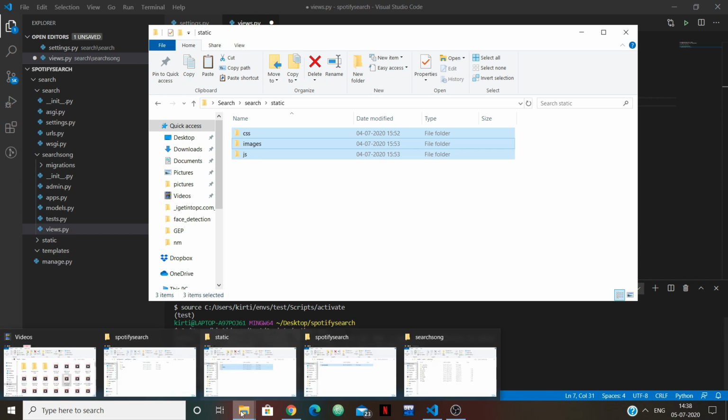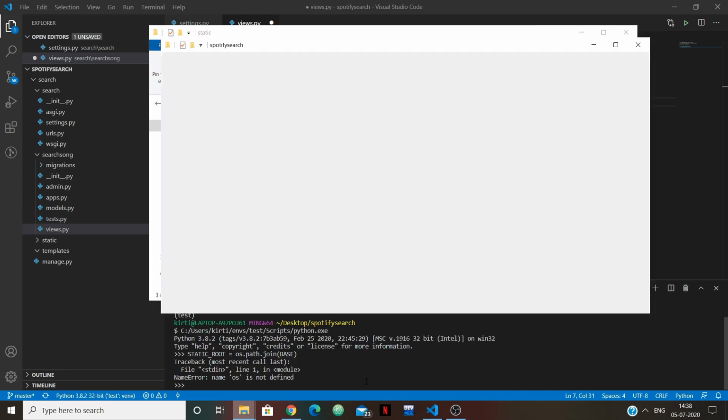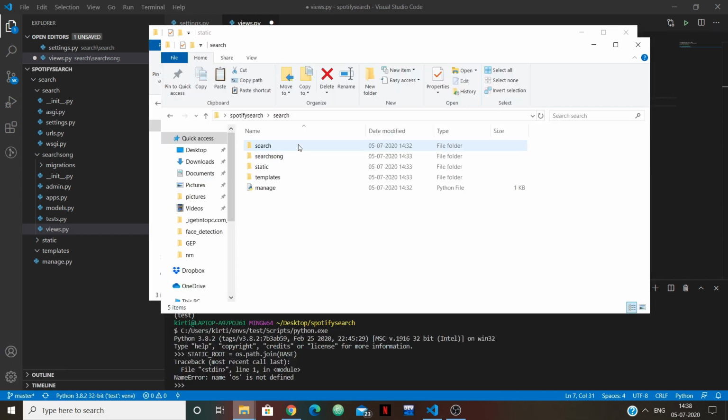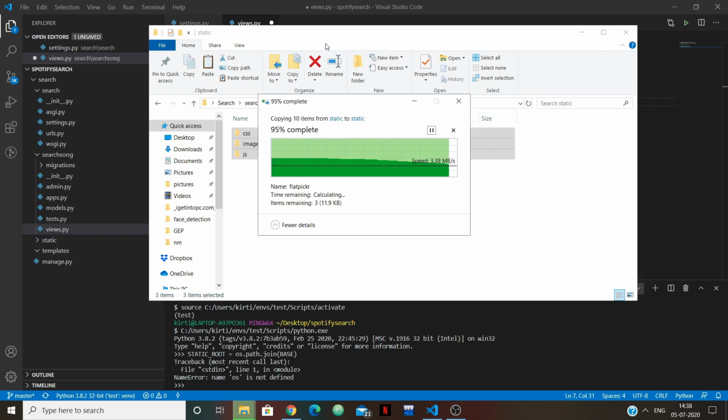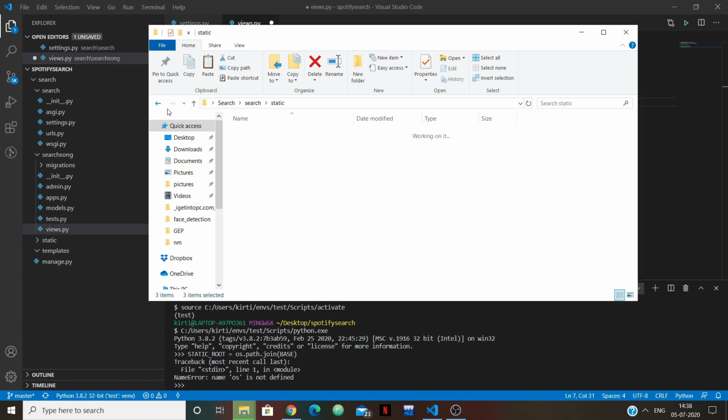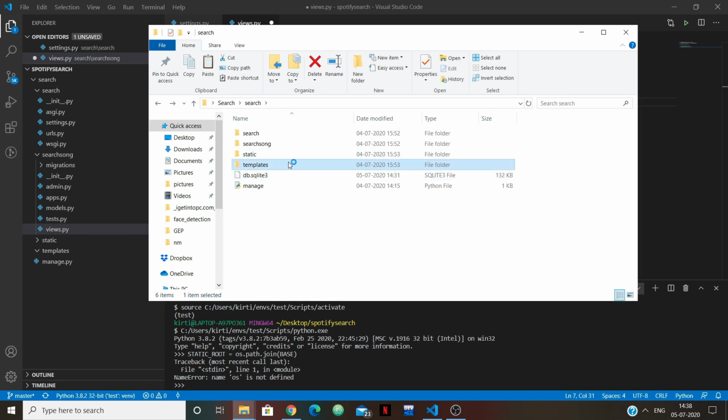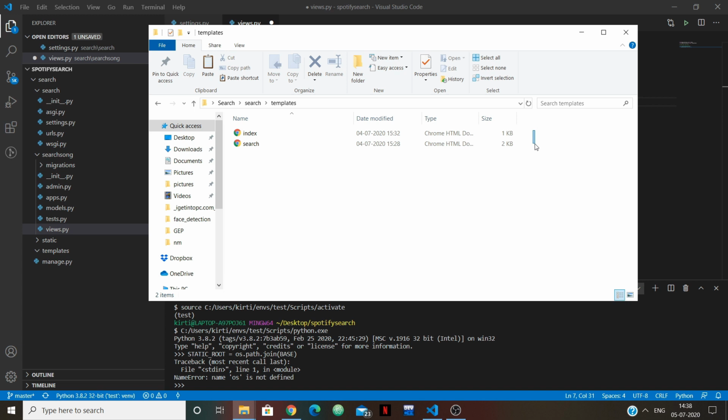Okay, so I'm quickly moving all these things, the CSS and JavaScript files, into the static folder, and the templates into the templates folder.